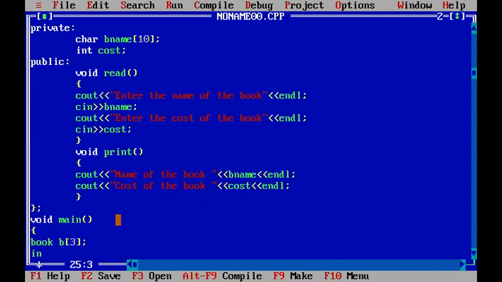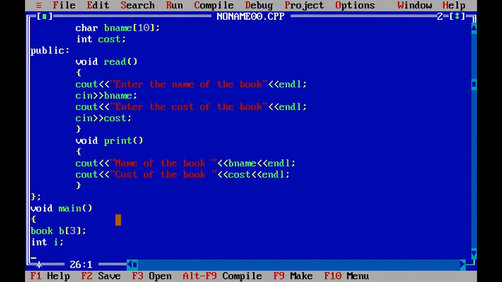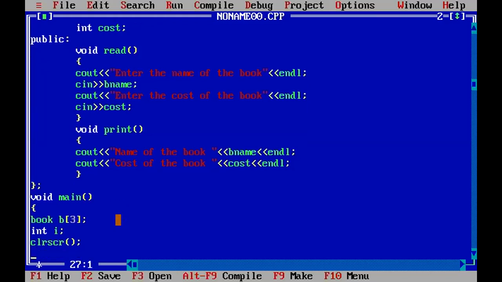I'm going to declare one more variable called I, where I acts as an index for your array. As we know, the index or subscript of an array always begins with 0 and ends at n-1. So to access your objects in terms of an array, I definitely need an index.